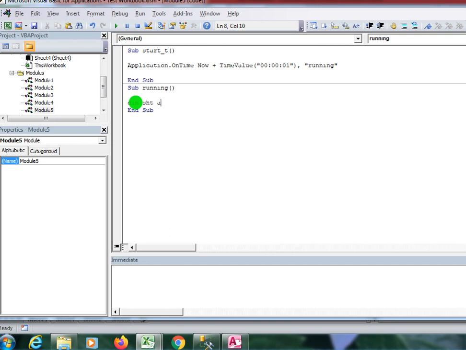For this I'm declaring one variable, SST, of type Worksheet. Now I'm setting this variable.